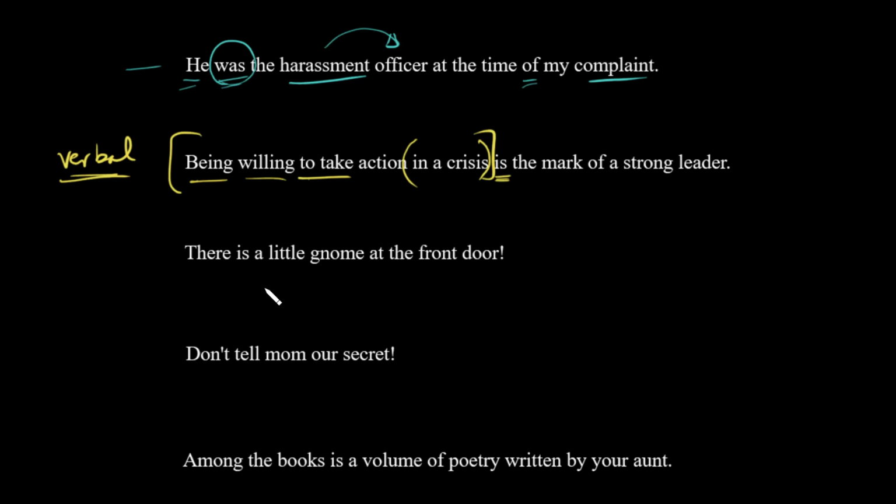Okay, let's go to the next one then. This one reads, "There is a little gnome at the front door," and this one starts with an expletive. Expletive, which is not a swear word in this case. That's a different expletive. An expletive is a phrase like "there is," or "it is," or "there was," that starts a sentence. Often that expletive is not actually necessary. You could say, "A little gnome is at the front door." But if you have an expletive, then it might be tempting to say that "there" is the subject if "is" is the main verb. Who or what is? There is. But you shouldn't do that. You should actually look for the actual subject after the verb in this case. So the gnome is the subject.